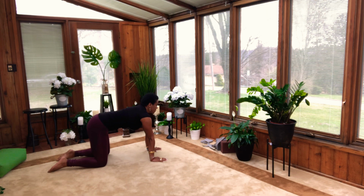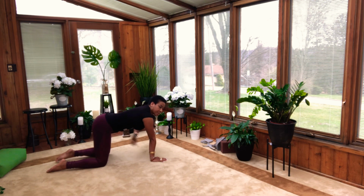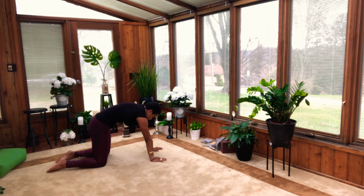Exhale, rounding. So now that you know the rhythm, find your own breath. Close your eyes here so that you're not even letting my movements guide your breath. When you inhale, you're just allowing your whole body to lift towards the sky. And when you exhale, you're allowing your body to fold, rounding. Good. We'll do this a few more times, just moving that fluid through the spine,